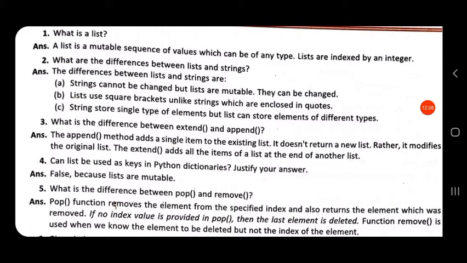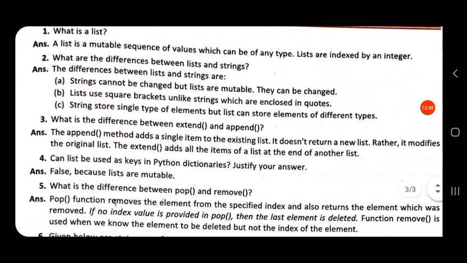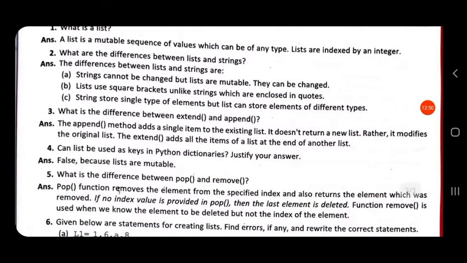Lists are enclosed in square brackets and strings are enclosed in single quotes or double quotes. Strings store a single type of elements, but lists can store different types of elements.